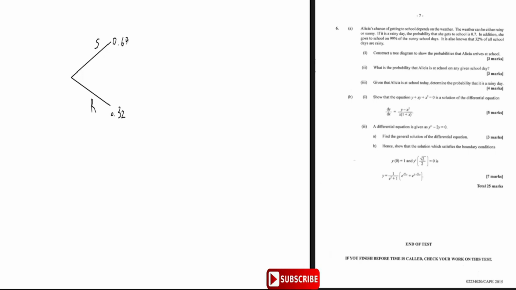The next part of the tree diagram is, given that it is sunny, the chance of her going to school is